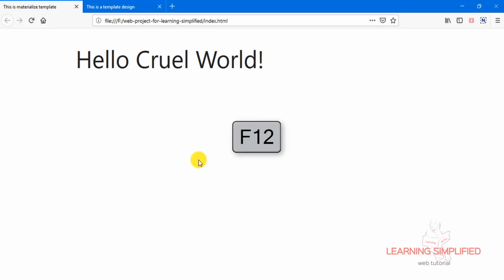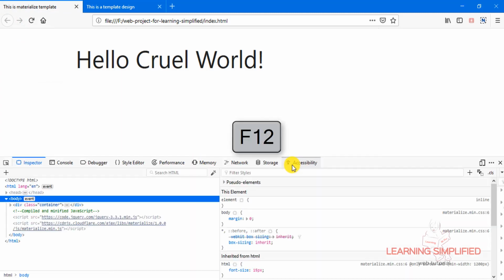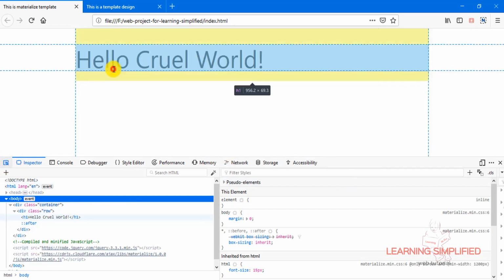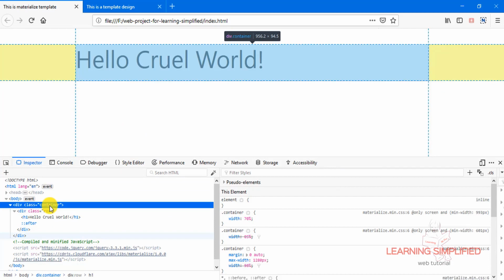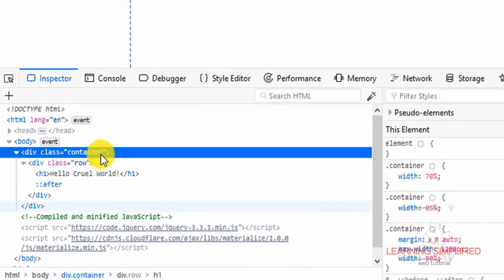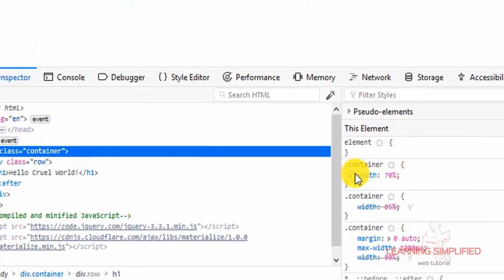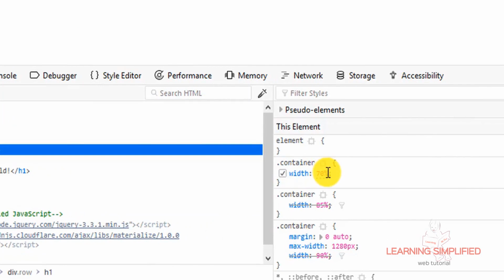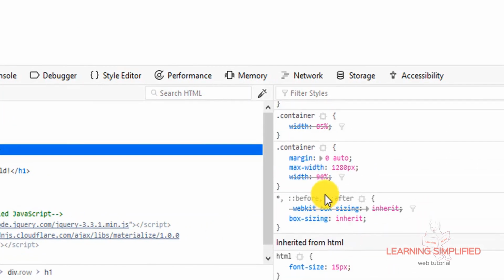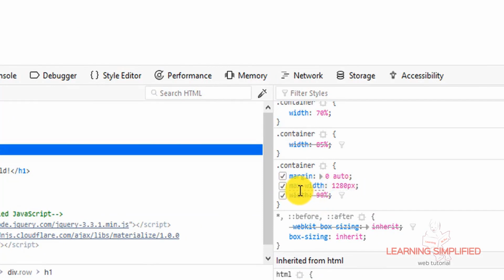So why is it? Press F12 and you will see the control panel right over here. If we click onto it, you need to look into this particular container class, and you can see that the width is set to 70% and the max width is set to 1280 pix.